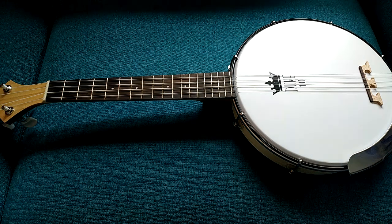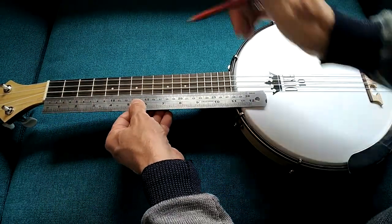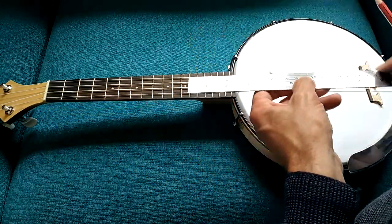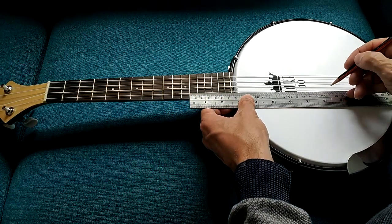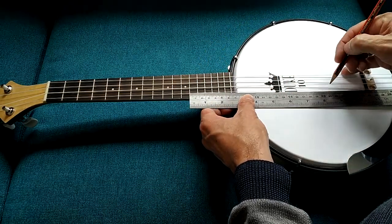To set up the bridge correctly on your Duke 10 when you receive it, get a ruler and a pencil and take a measurement from the inside of the nut down to the 12th fret. Make a note of that measurement, and then measure from the 12th fret down onto the drum head, and with the pencil just make a little light mark at the same measurement there,